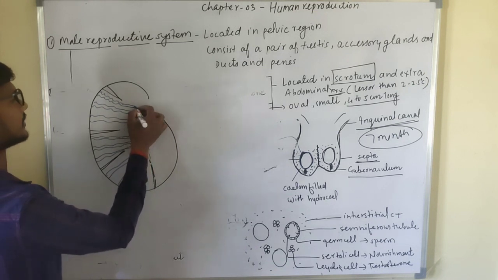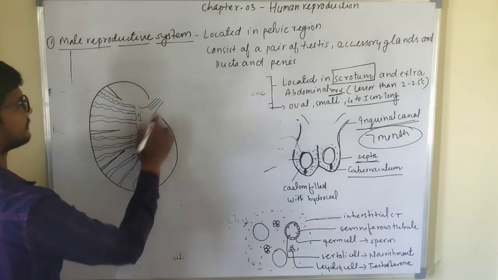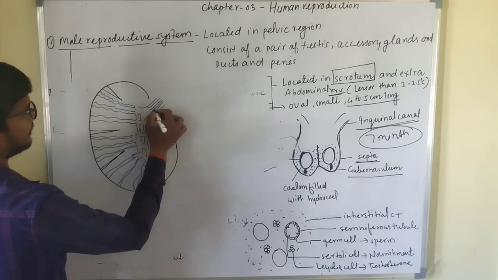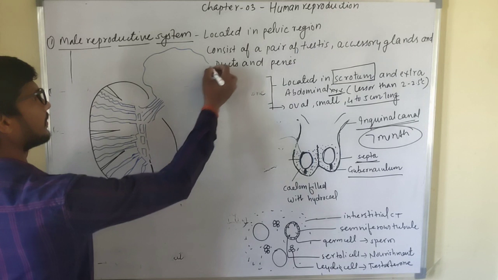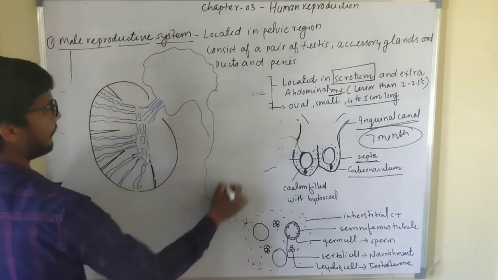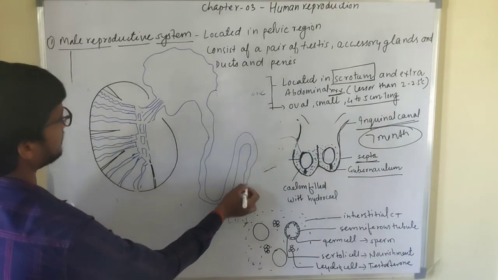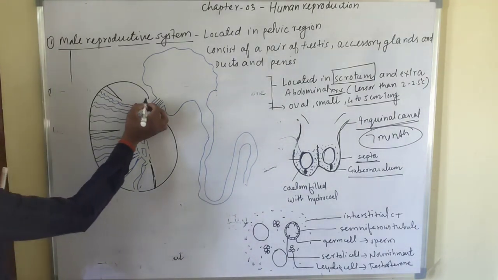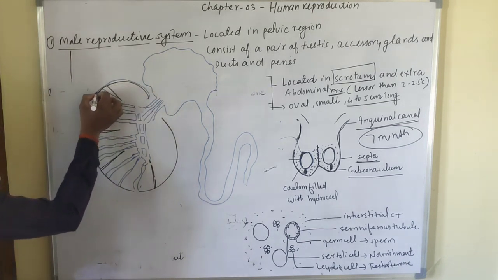And from here, these just join lines here, many lines. These later on descend. These are highly coiling tubes. So now we are going to label, as we know that there are 2 layers. So this was the layer number 1. Let's come to this one. This is the layer number 2.